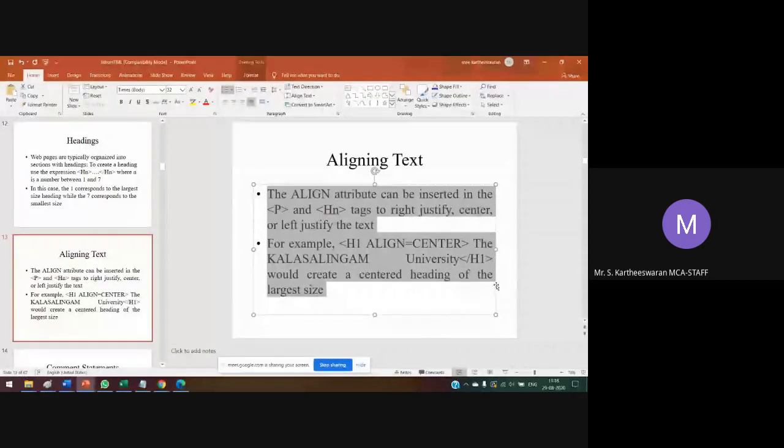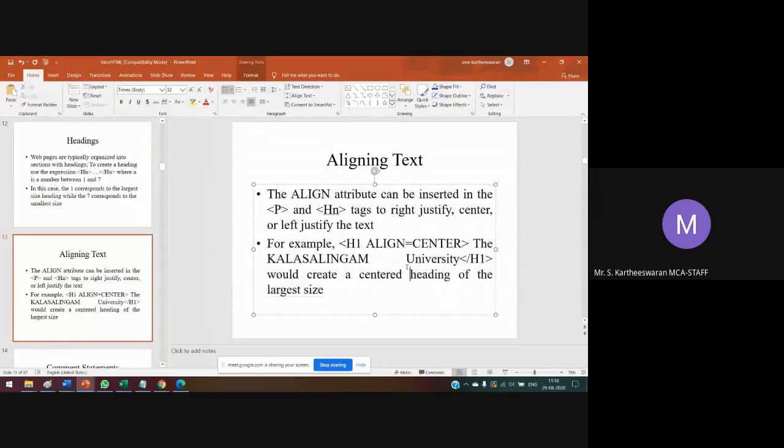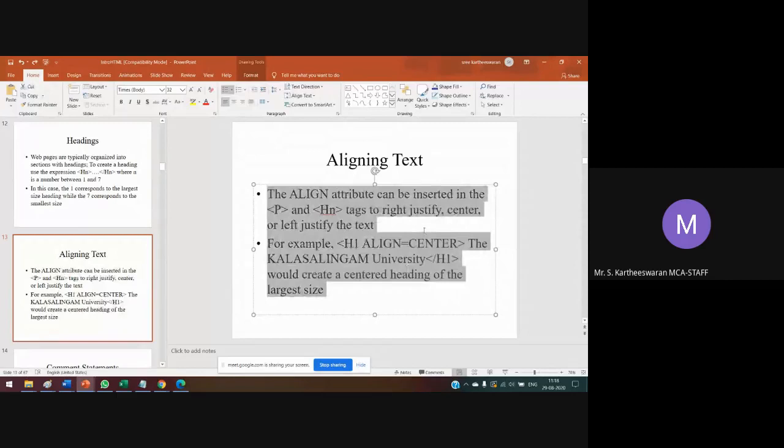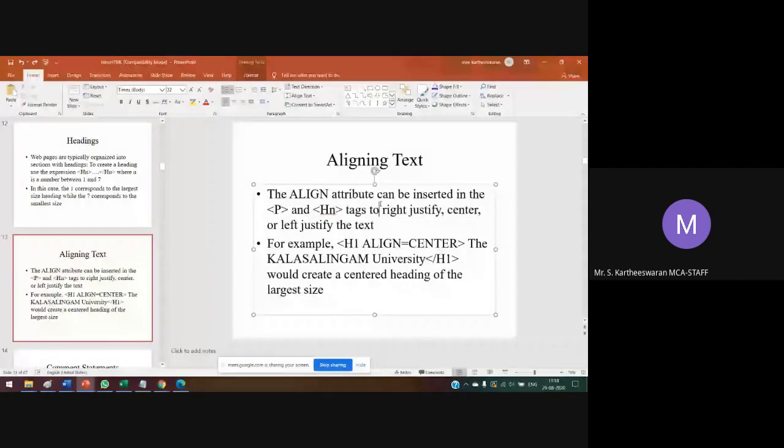This is the purpose of the justified alignment format used in PowerPoint presentations. But in web pages, we align text using the align attribute. The align attribute can be inserted into the paragraph tag. Align is not a tag. Align is an attribute of the paragraph tag.